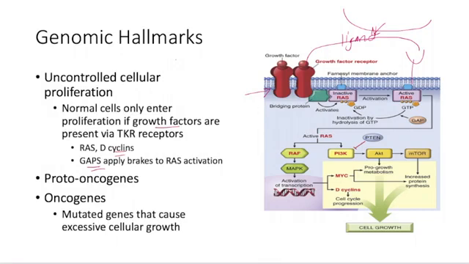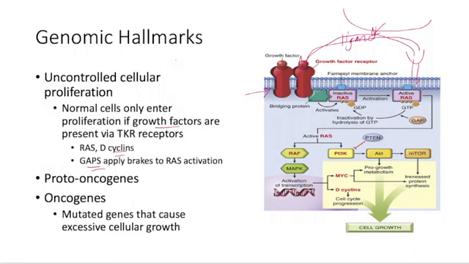Well, what happens when a cancer cell hijacks a cell, what it does is it actually creates this environment where it will make the transcription factor, growth factors, whatever, and it will secrete them, and it basically comes over and then binds to itself. So it's a self-sufficient cycle. That creates the self-sufficiency that we see in cancer and allows for unregulated cell growth because it basically just keeps doing it. When we're talking about TKR receptors, RAS, D-cyclins, it's second messenger.